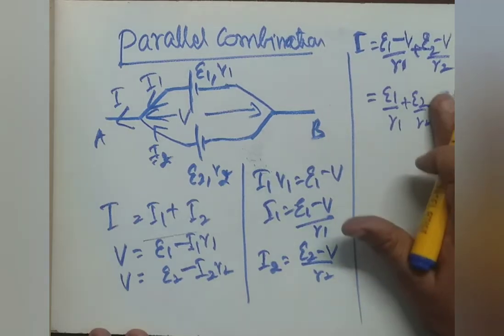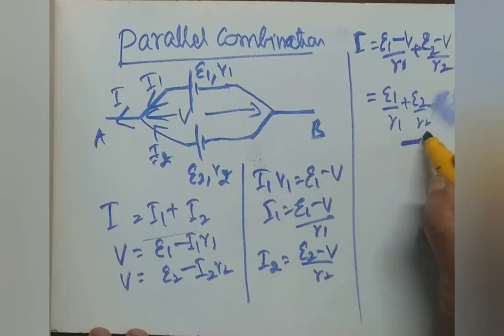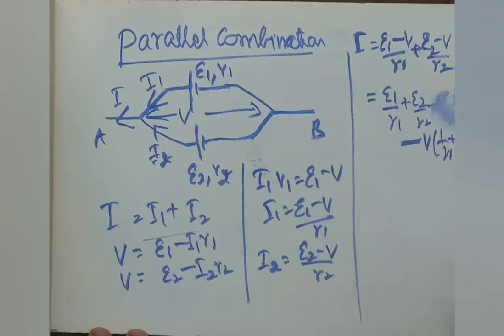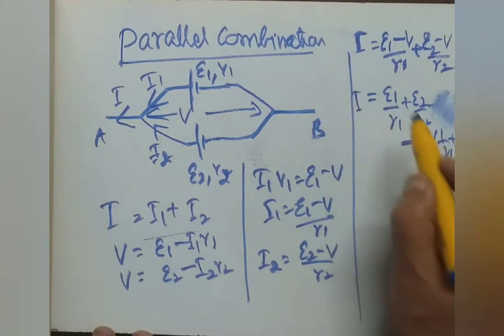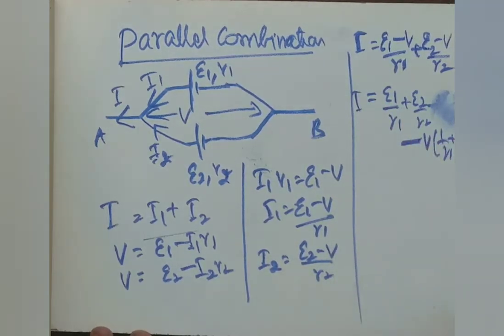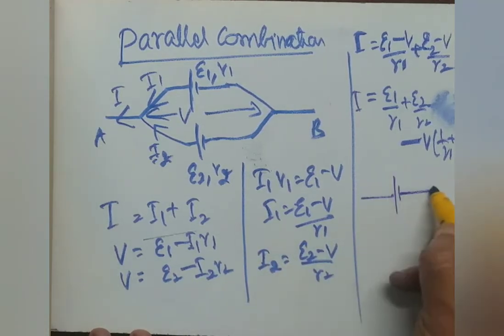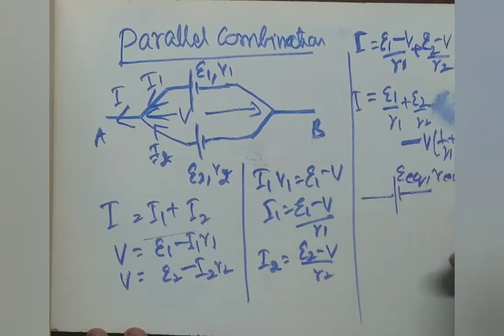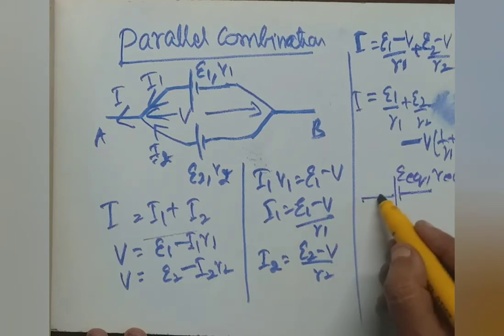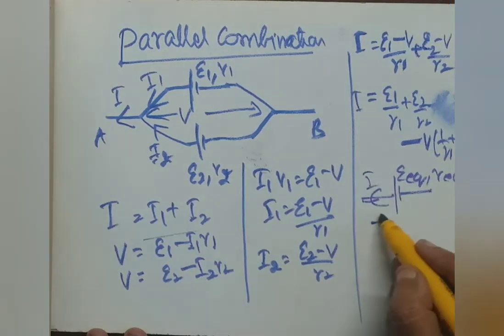Say I write this onto this side, minus V into 1 by R1 plus 1 by R2. Observe now, this is the effective current in the circuit. Now we can imagine the whole combination can be replaced by a single cell, whose EMF is E equivalent and R equivalent is effective resistance, and it also generates the same current I for